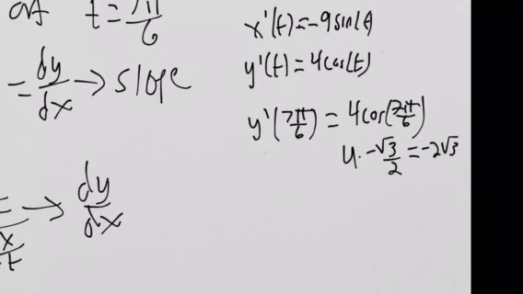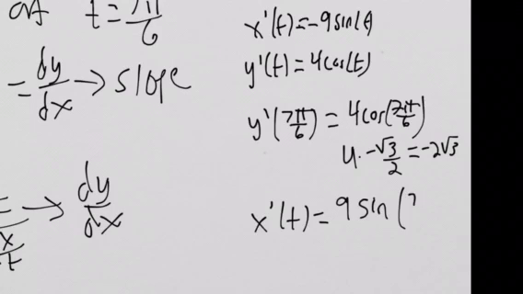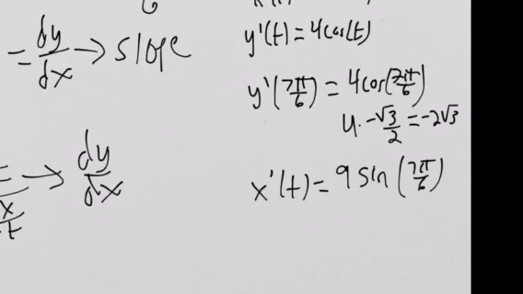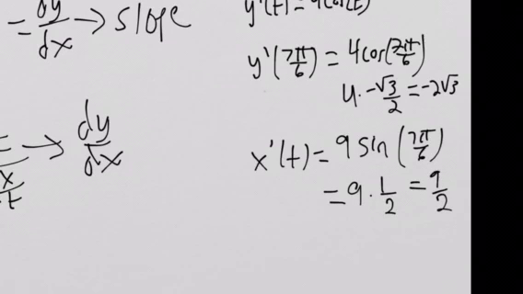Okay, and then x prime is going to be negative 9 sine of 7 pi over 6, which is going to be 9 times 1/2, which is 9 halves. So then finally, the slope is going to be y prime divided by x prime. So it's going to be negative 2 root 3 divided by 9 over 2,